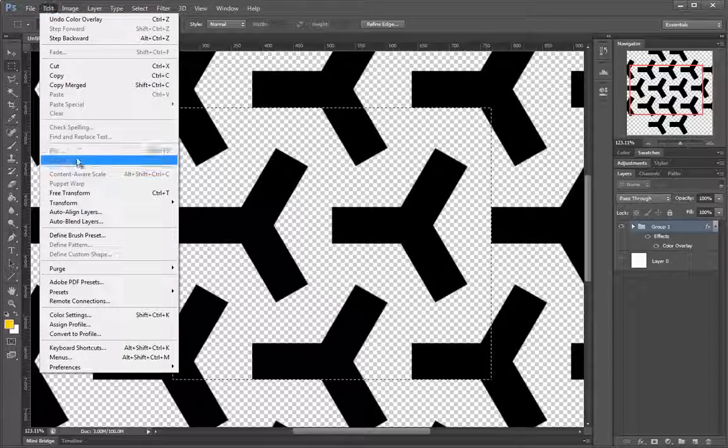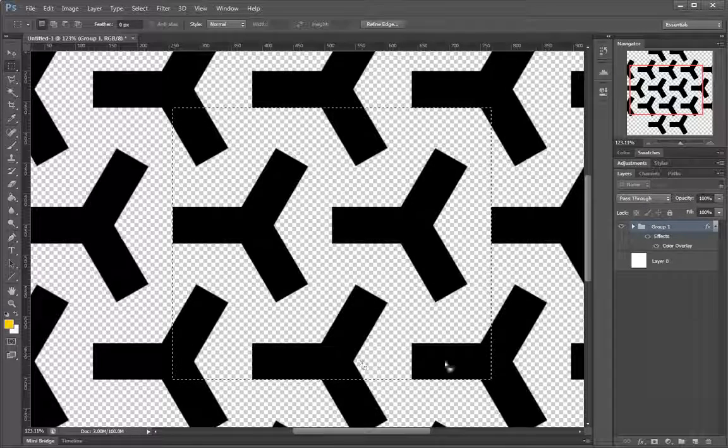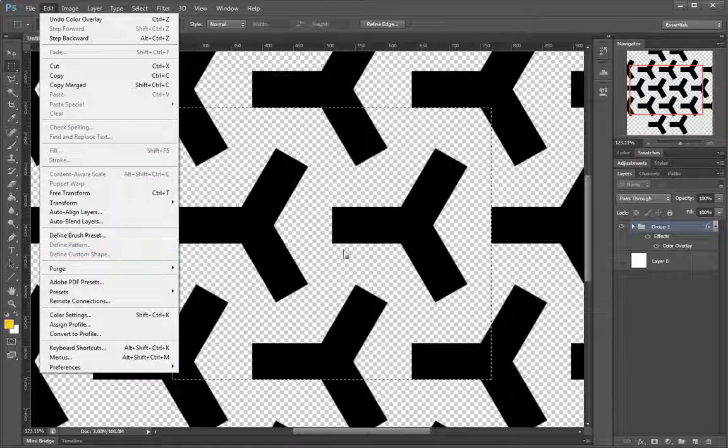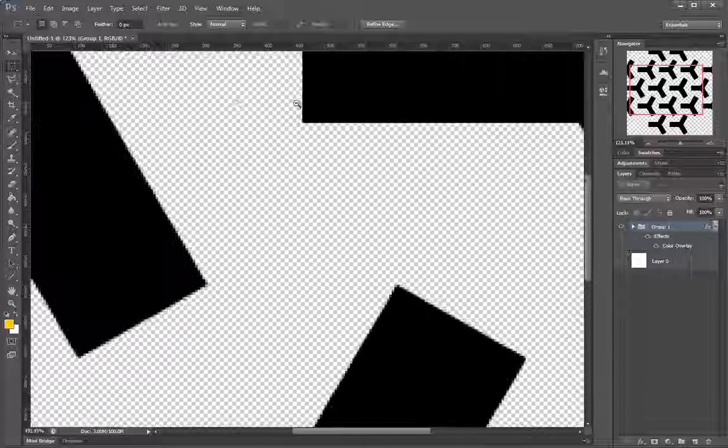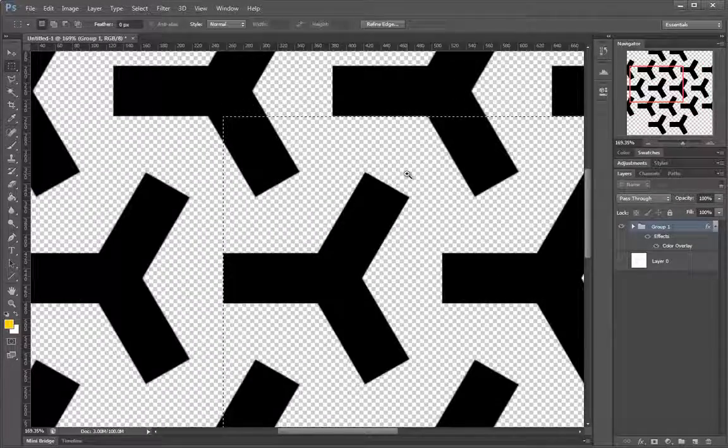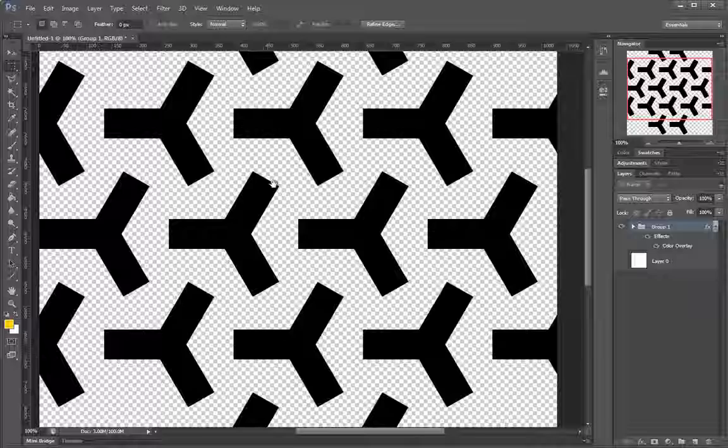So now I go to edit. You see, I don't have define pattern available right now. This can happen, to my knowledge, from two scenarios. One, when your selection is very big. It's not the case right now. This isn't a really big selection. And the second, when your selection isn't naturally made, so you just didn't make a selection and that's it. And that's probably something to do with whatever algorithms are behind the